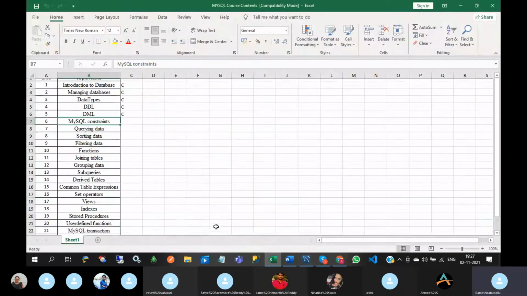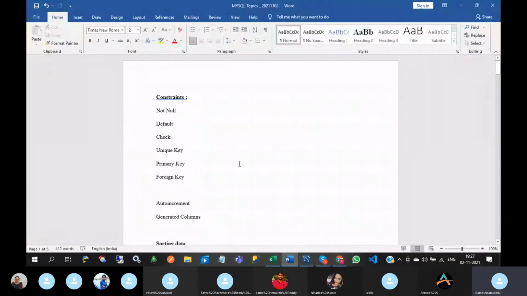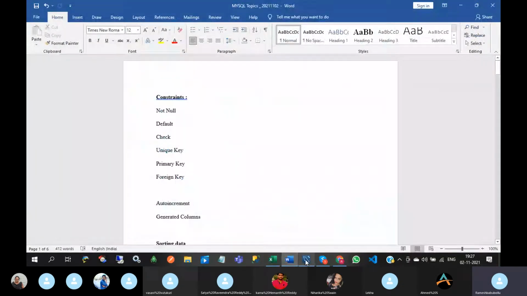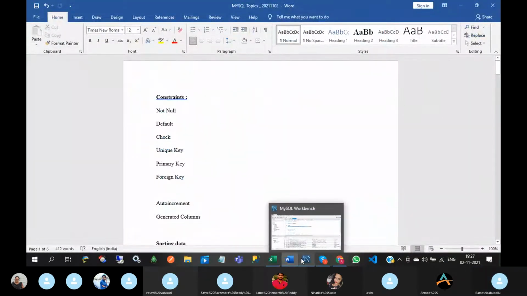Next one is unique key. Unique key means the values in a column must be unique and it can allow null values.